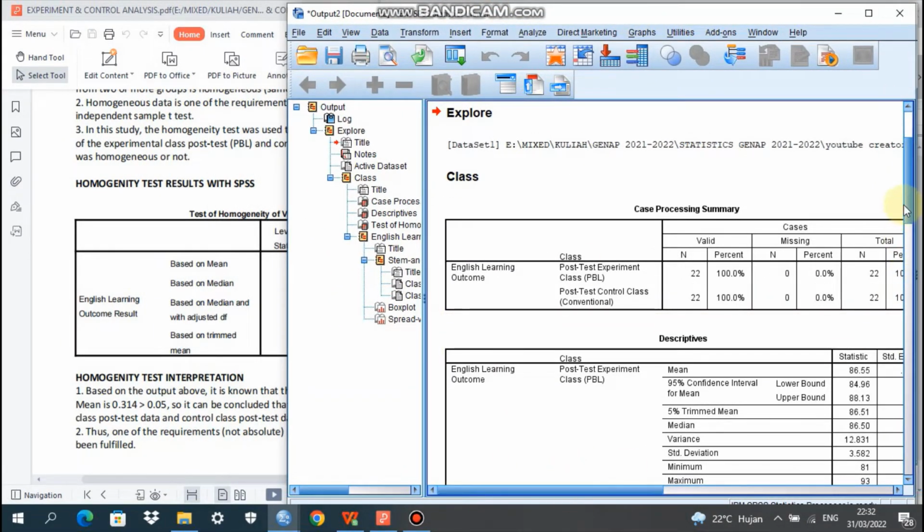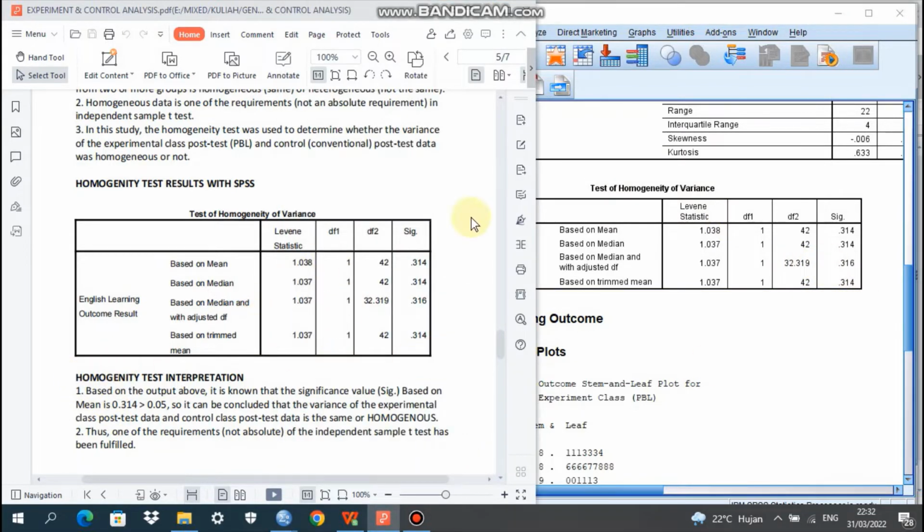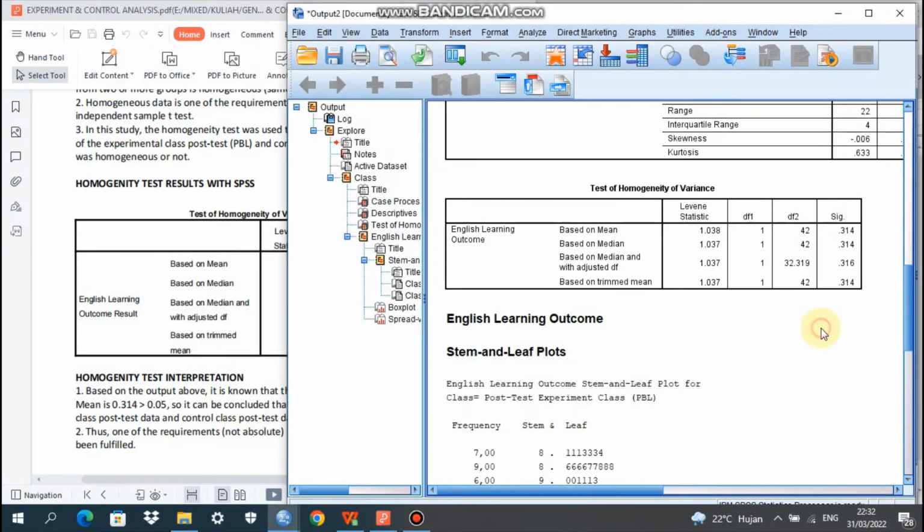We have 3 outputs here, but just focus on the third output, test of homogeneity of variance. Just like the example, the result that I have already done before, the same as the practice we are doing now.